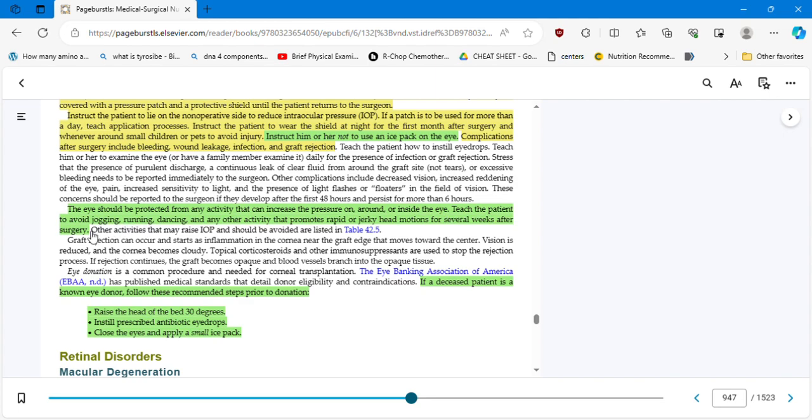Teach the patient to avoid jogging, running, dancing, and any other activity that promotes rapid or jerky head motions for several weeks after surgery. I want to mention something and give you an example. I have a very close friend who is a voiceover from a TV channel in Peru. He went through this surgery, and in order to avoid pressure in his eyes, he had to stop working because